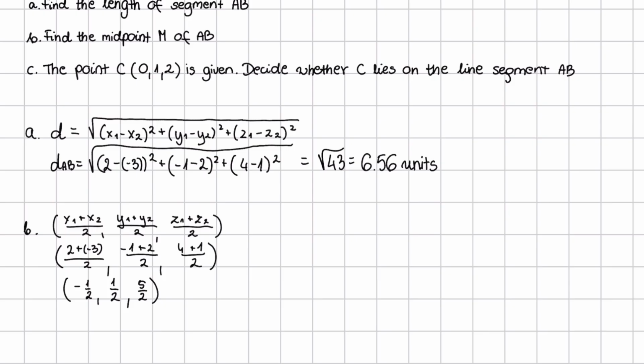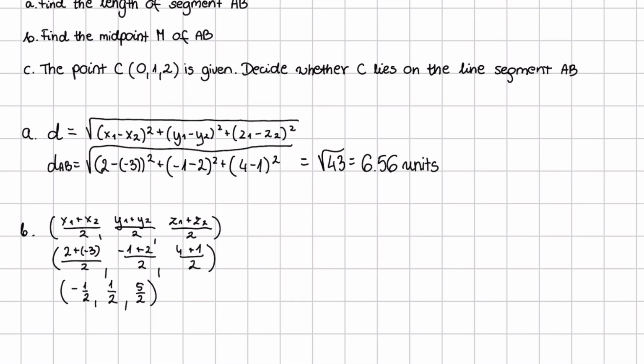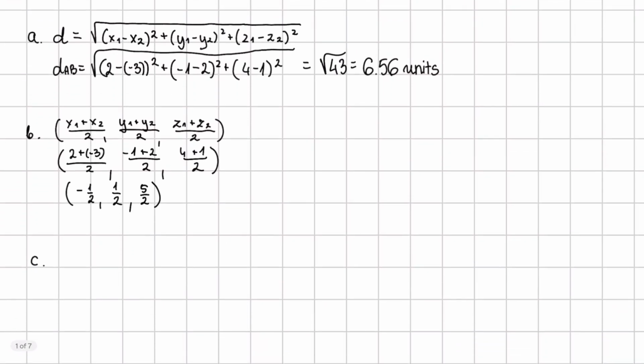And C, the point C(0, 1, 2), is given. Decide whether C lies on the line segment AB. So in this type of exercise, we will check whether our vector AC is a scalar multiple of vector AB with scalar t, and our t will be from 0 to 1. So firstly, let's calculate our vector AB. So our vector AB is